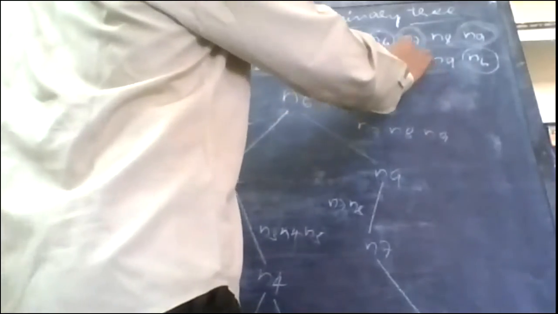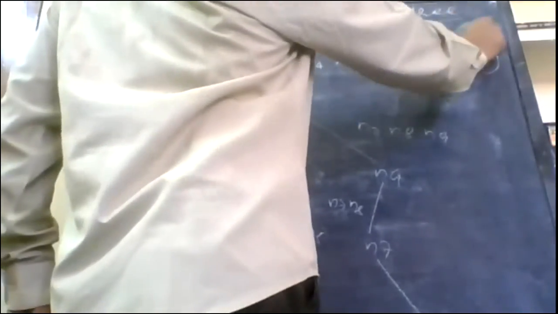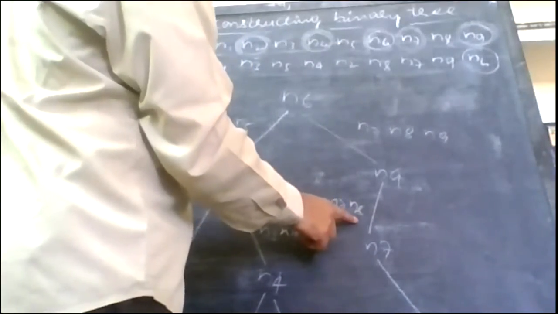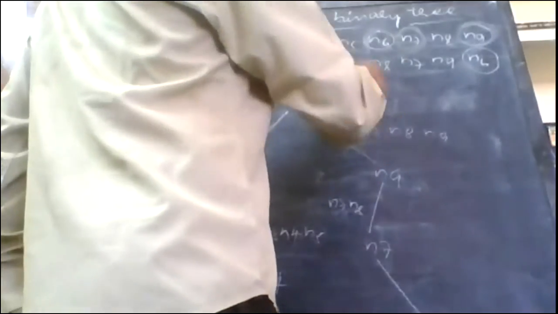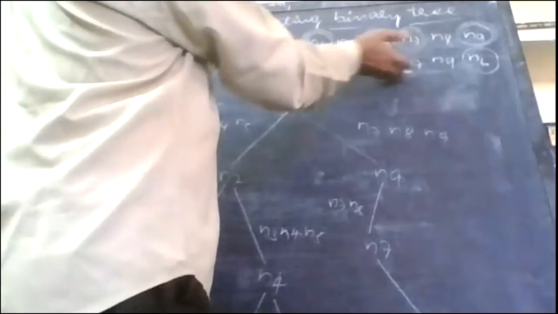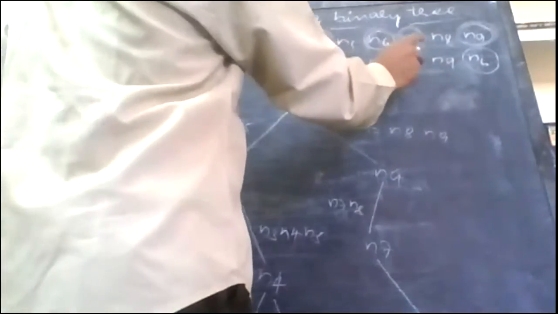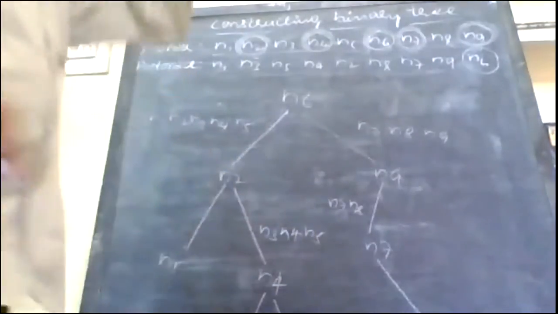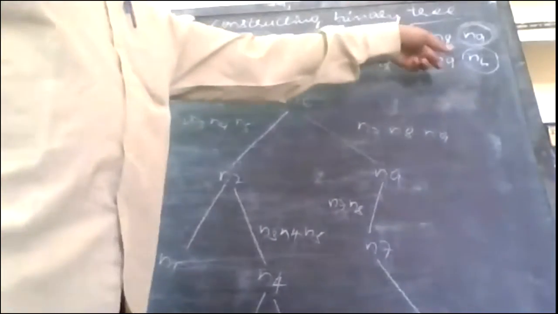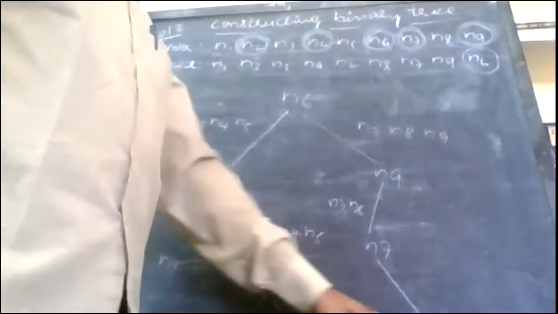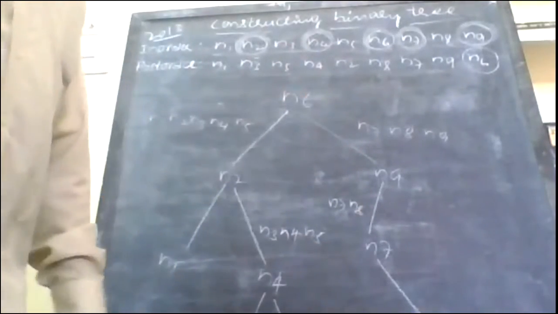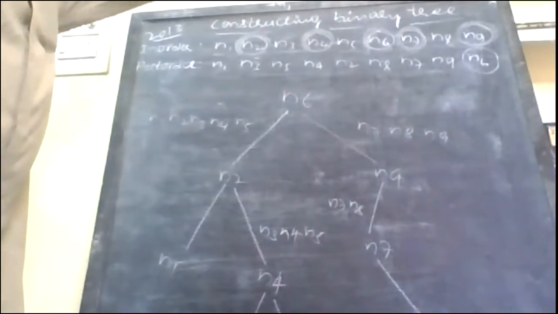Still I am left with two elements. Then I need to encircle that one. I find two elements on the left side of that. So I mentioned here N7 and N8. So again, I have to come to post order. When I scan from right to left, I find N7 as the first node. So N7 I need to encircle in inorder, and I find only one element called N8 that is on the right side. Which means this binary tree is successfully constructed. This is the way in which we can construct a binary tree.